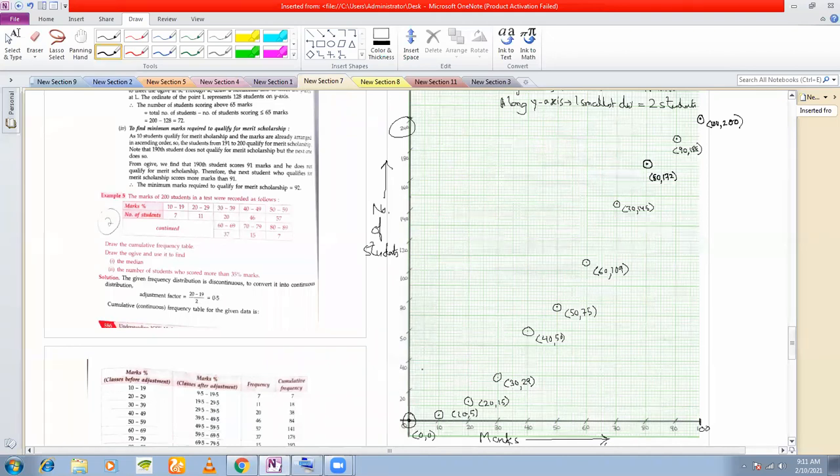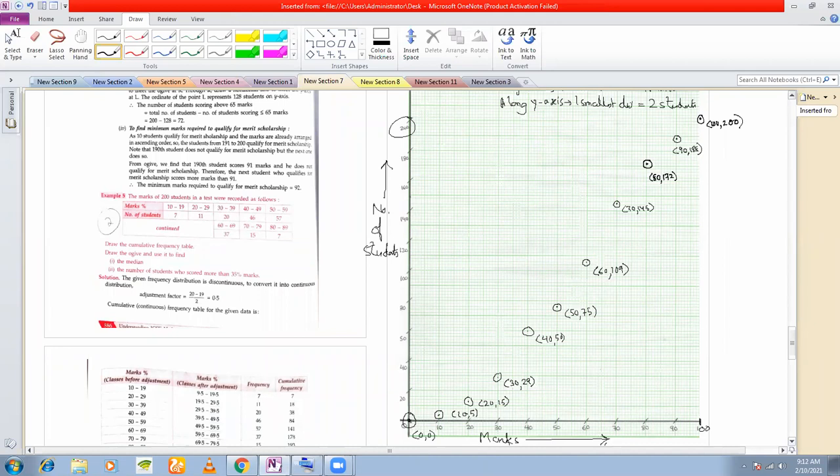Now, how do you draw this freehand curve? You start from your origin and you take the aim first. I am sure you cannot see the cursor, but you place your pencil a little above the paper, and you start moving your finger on these points. Don't write anything, don't make an impression. Just put your pencil above the plane of the paper and move it over the points so that you know which direction you are going, from the starting till the end.